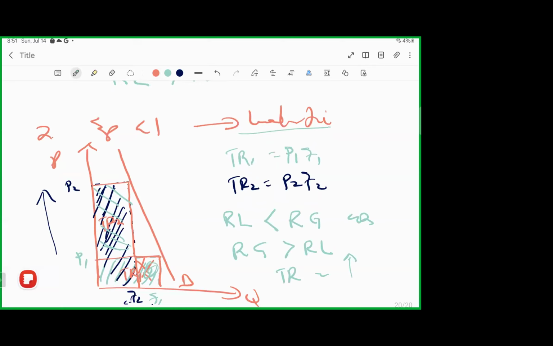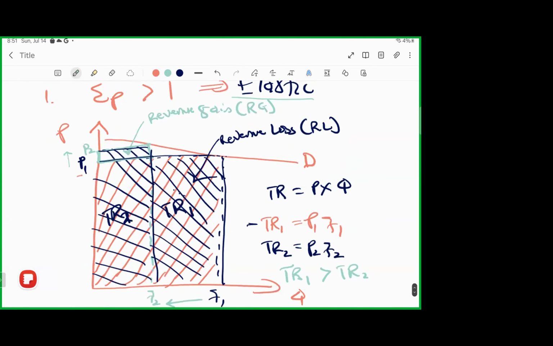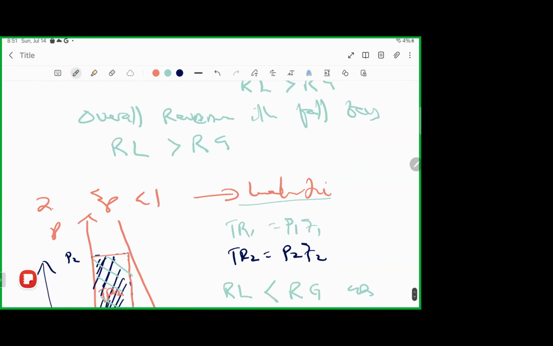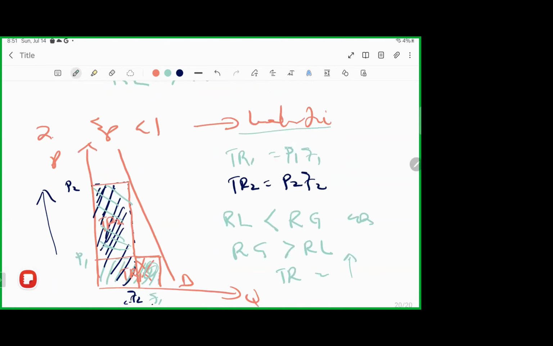Which means if the demand for your good is inelastic, total revenue will increase if you increase price. Total revenue will also fall if you decrease price. But for the first one, if the demand for your product is elastic and you decrease price by 0.001, your overall revenue will increase because this side will now be revenue gain and this side will be revenue lost. So you will gain more if you reduce your price, if the demand is elastic. But for the inelastic, you will lose revenue if you decrease price by even